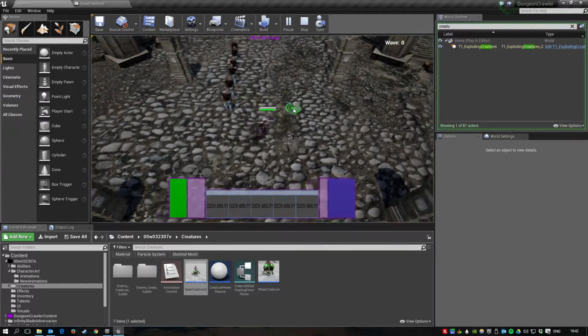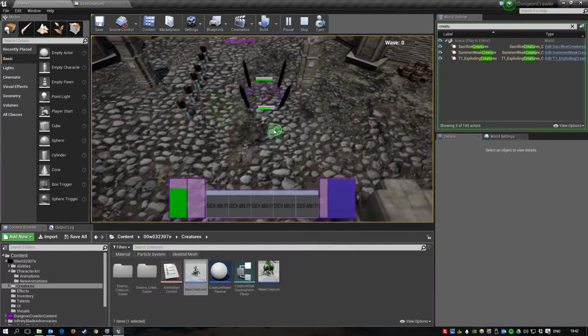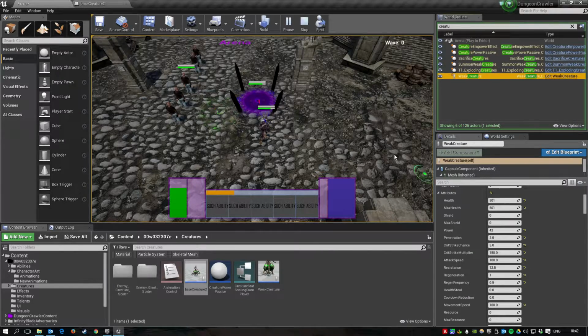So if I just quickly play and summon a portal in here, what we should have is, if I summon a creature now and get that in our Explorer, we should see it has 42 power, 501 health, 2.5 penetration and 12.5 resistance. If I just quickly kill that creature now,